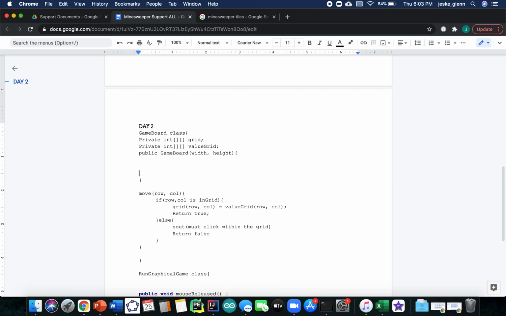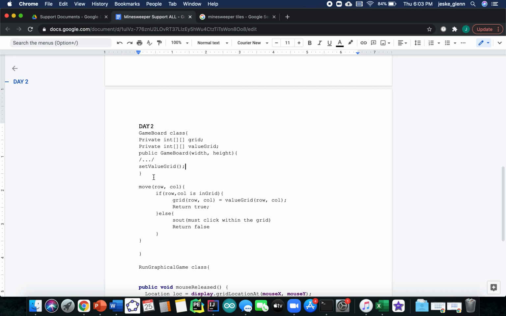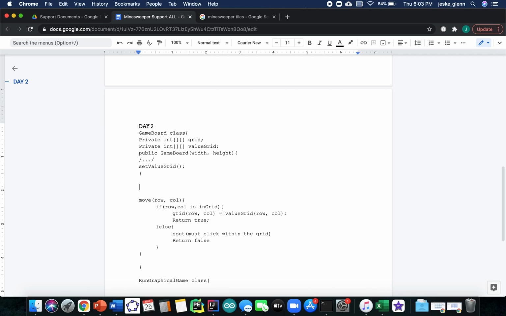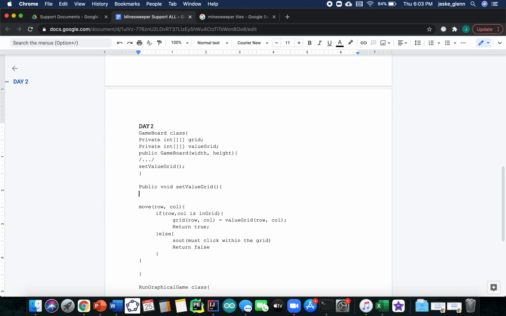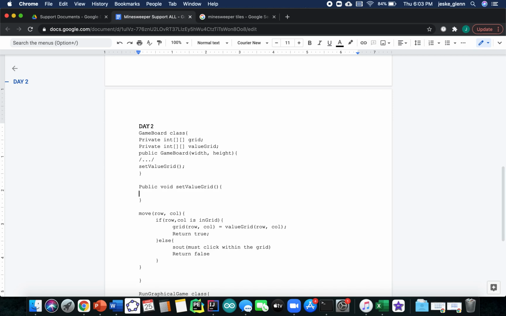I'm just going to call it right inside of public game board. So you've got all of the code of game board already, and I'm just going to call a method that says set value grid. After you put the bombs at the location, you've done all of that stuff, we're just going to call this method called set value grid. That's a method that we are going to write. So what this public void set value grid is going to do is it's going to loop over the grid and for every position, give it the number that should be assigned to it. So I'm going to loop over value grid